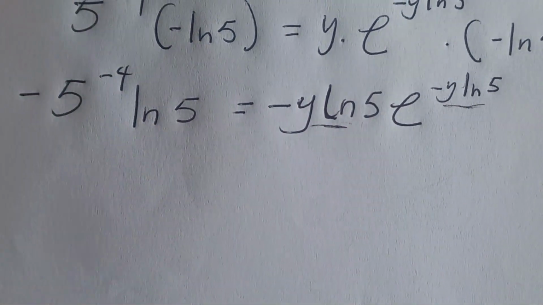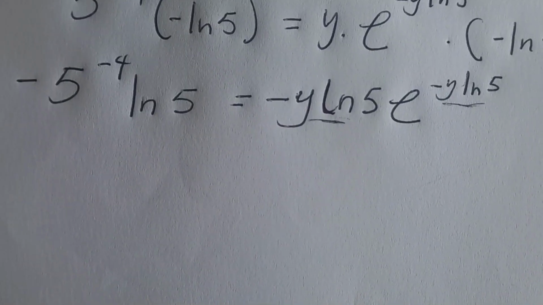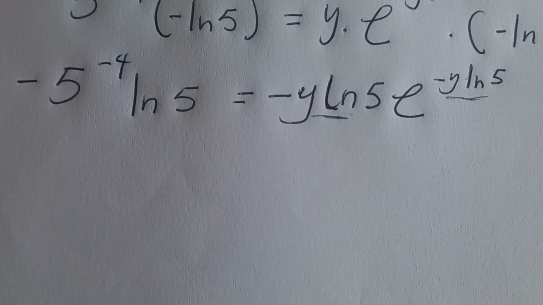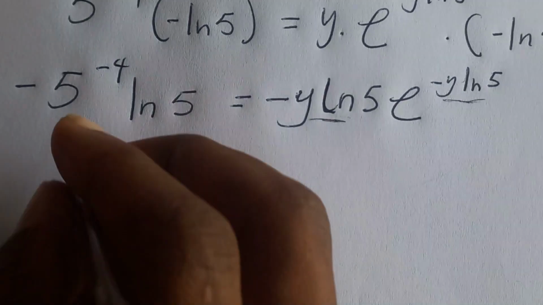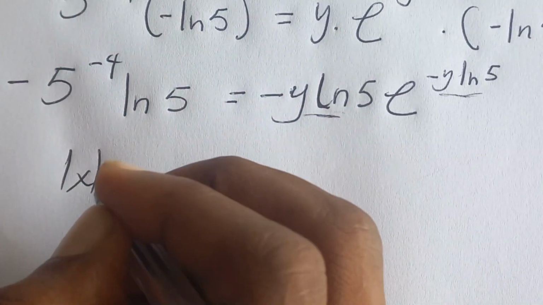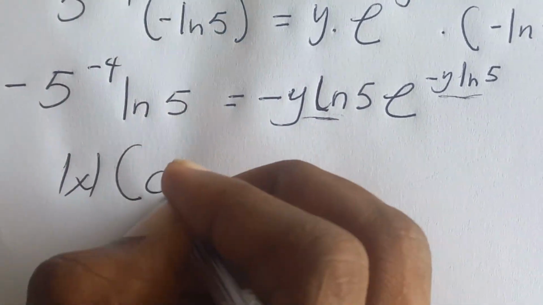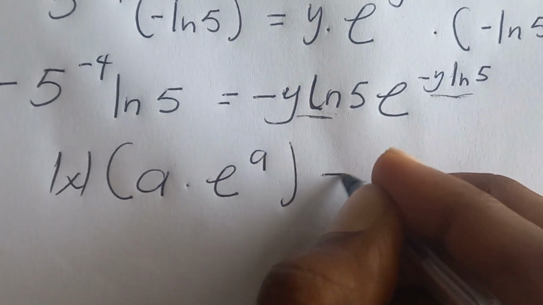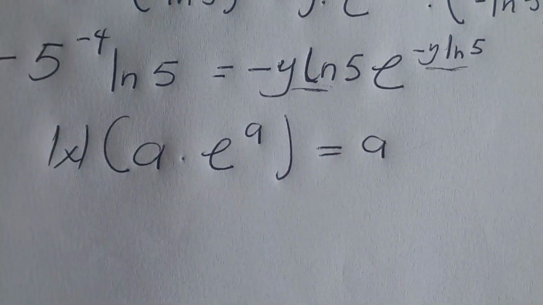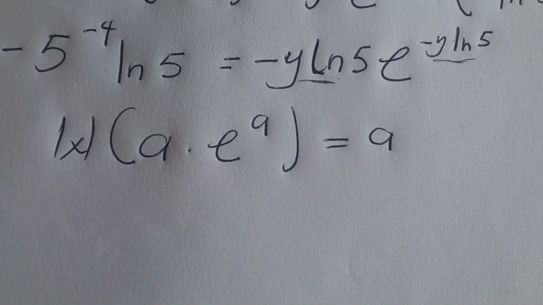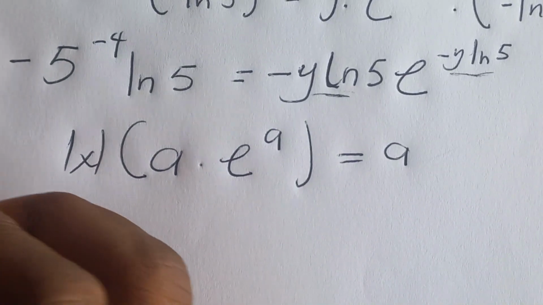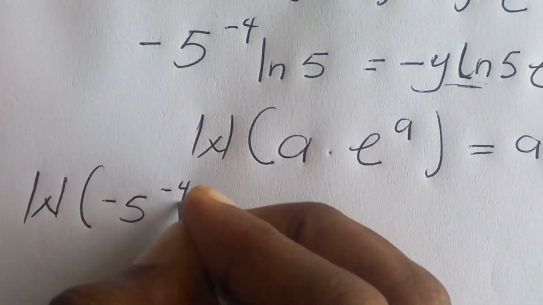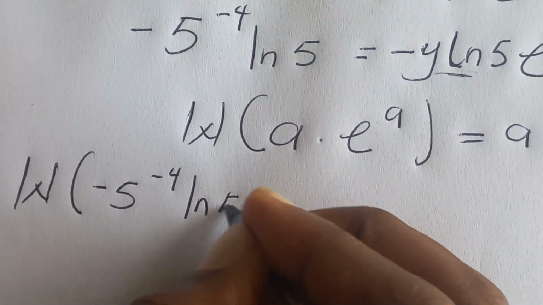So we now introduce the Lambert W function, which says that W function of A multiplied by e exponent A is equal to A. Applying this, we're going to get the Lambert function of negative 5 exponent negative 4 ln 5,